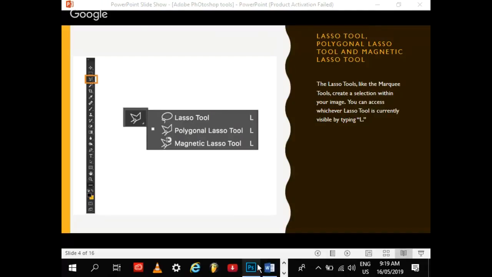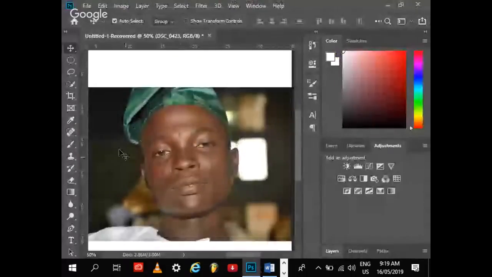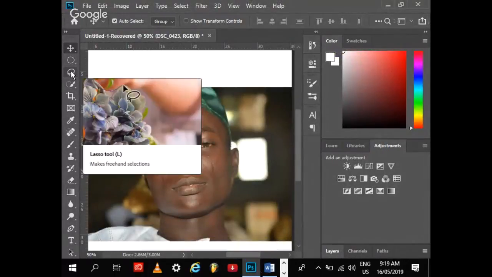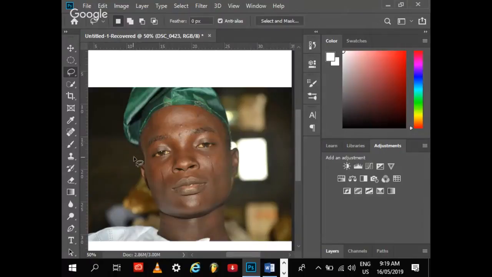You can use it to crop that particular place out. For example, this is the lasso tool. You just hold down your mouse button, draw around it, and leave it. Since it's selected this way,